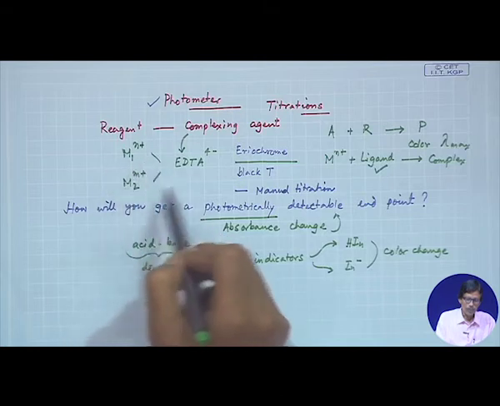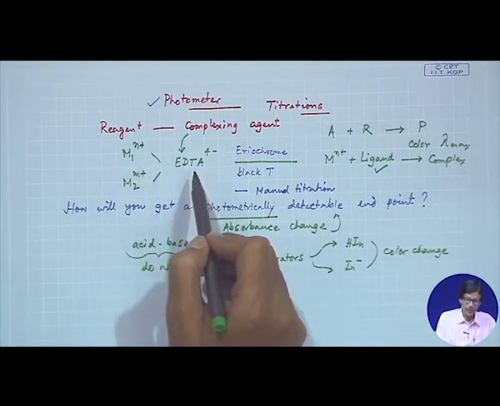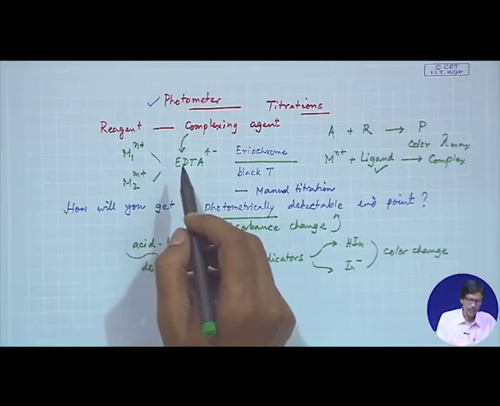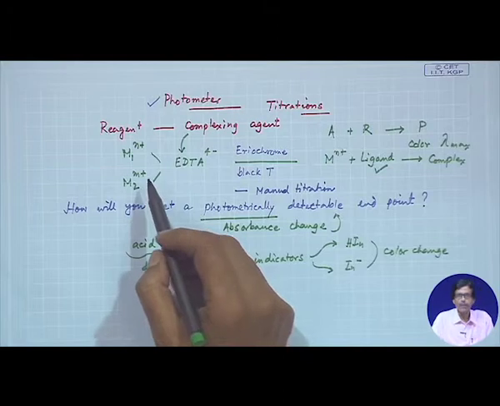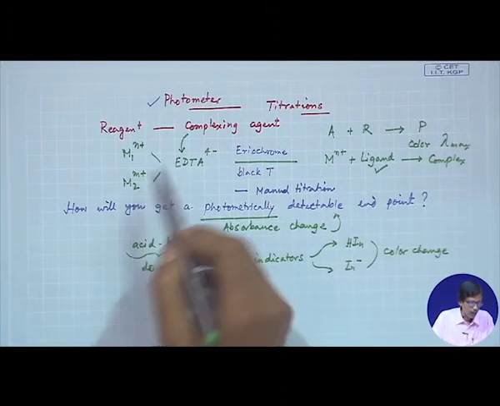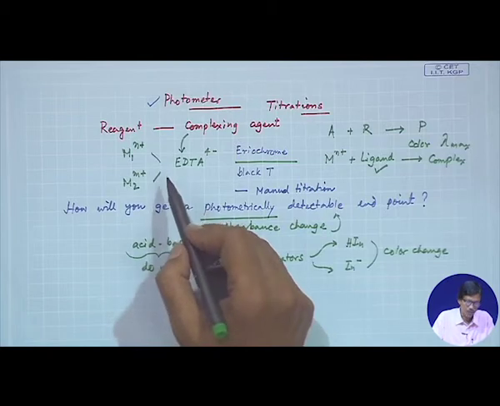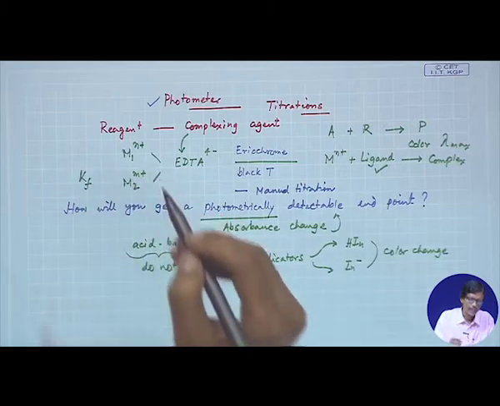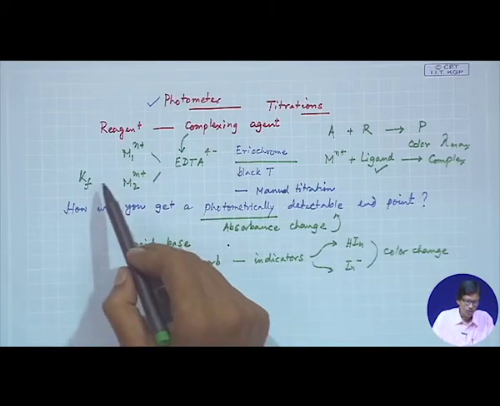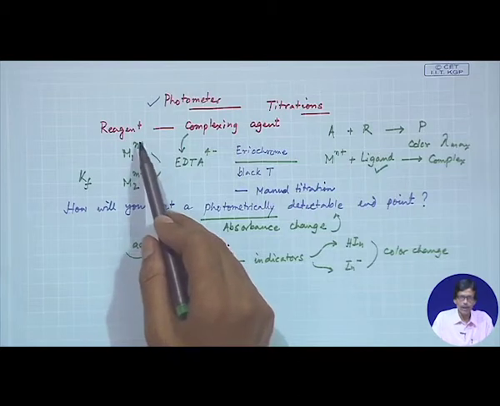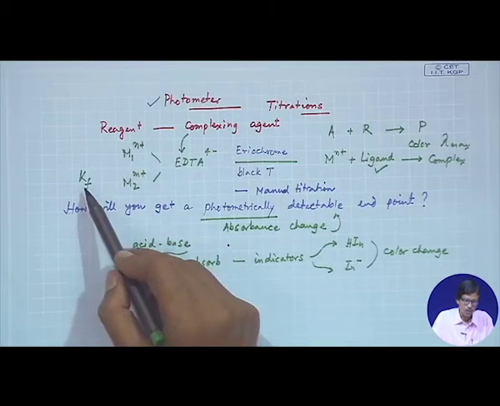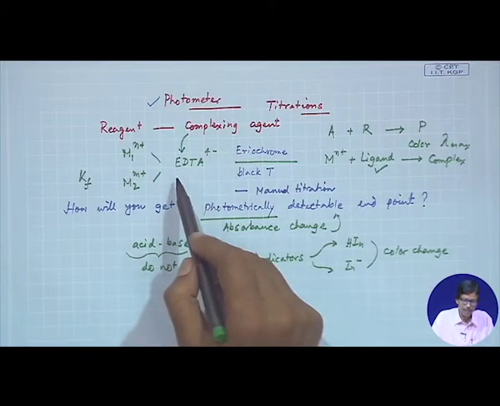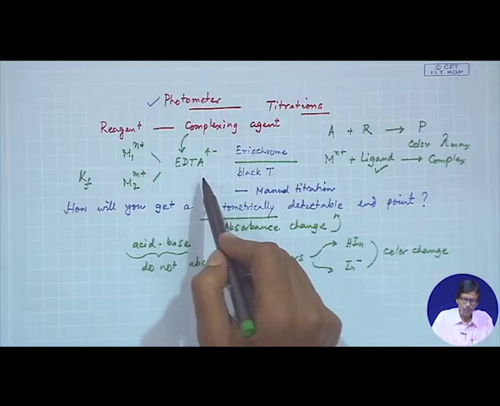If both of them can bind to this EDTA and their binding constant or formation constant is different, then the metal ion having the higher magnitude of the stability constant, or formation constant, what we indicate in terms of the K value, will bind first. So, if the K value for this particular metal ion, say M1 n plus, is more, this metal ion can bind EDTA nicely and, if this is a colored one, we get a change of the corresponding